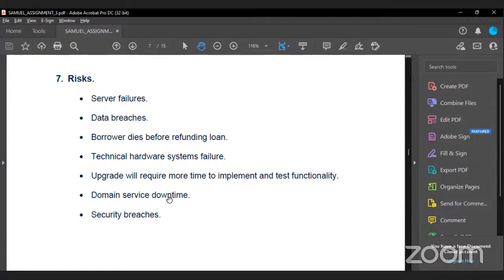To explain why I added these ones, it is just to ensure that no risk is left unknown to my stakeholder in case it happens, because risk is anonymous. It can happen at any point in time, and the portals would all be hosted on a cloud server. And as you know, with cloud servers, anything can happen.